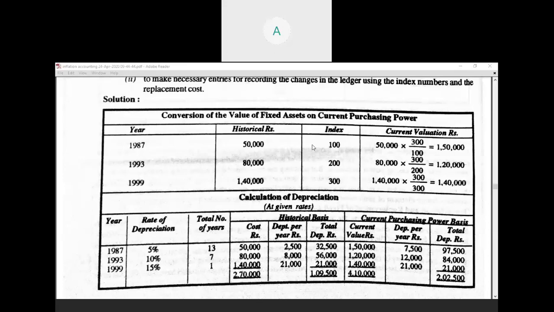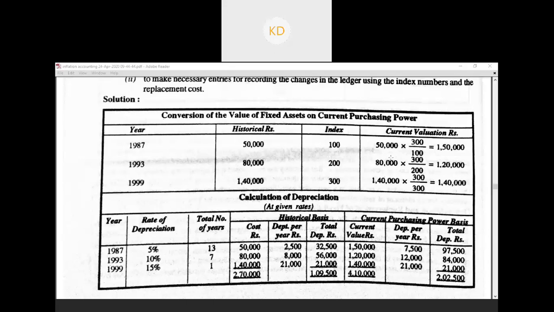Yeah. So in this replacement cost, what we are doing is first calculating the converted values, and then on the converted values you do the calculation of depreciation for the number of years which are being given. As I was telling you, whenever you're talking about replacements, depreciation and replacement cost, keep in mind that depreciation on replacement cost will always be done on total replacement.